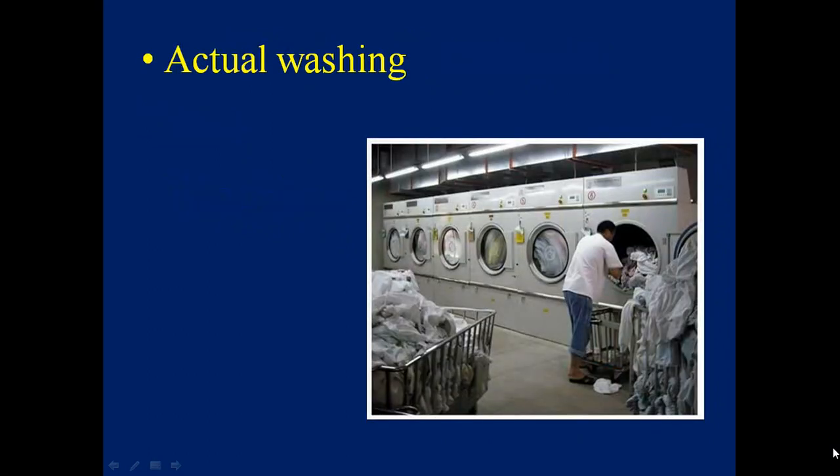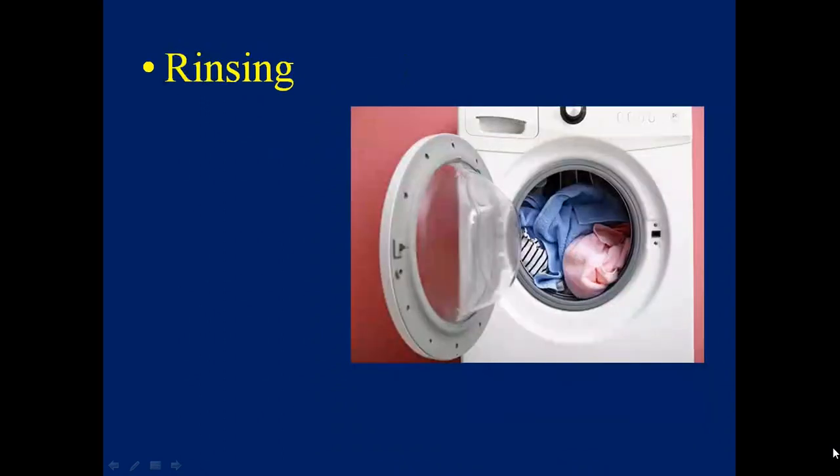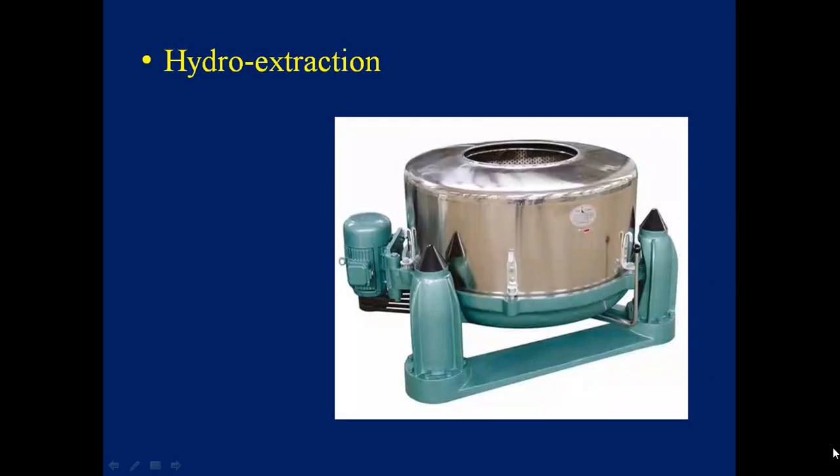Then the second step, which comes under major steps, is called actual washing. To wash the linen inside the washing machine properly as per the program which is set in the machine, and as per the type of cloth which needs to be washed. Then rinsing is also equally important, which helps to remove the stains from the cloth and makes it very neat and clean and crisp, so that we can use it properly in the guest rooms, and which helps to maintain the standard of the hotel.